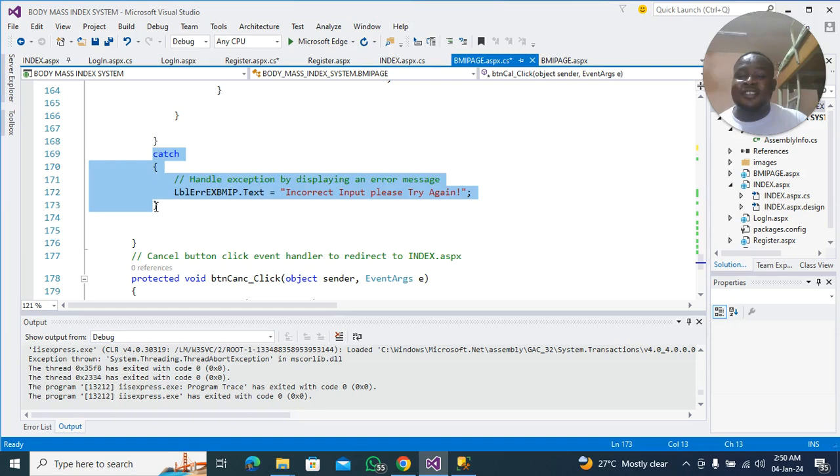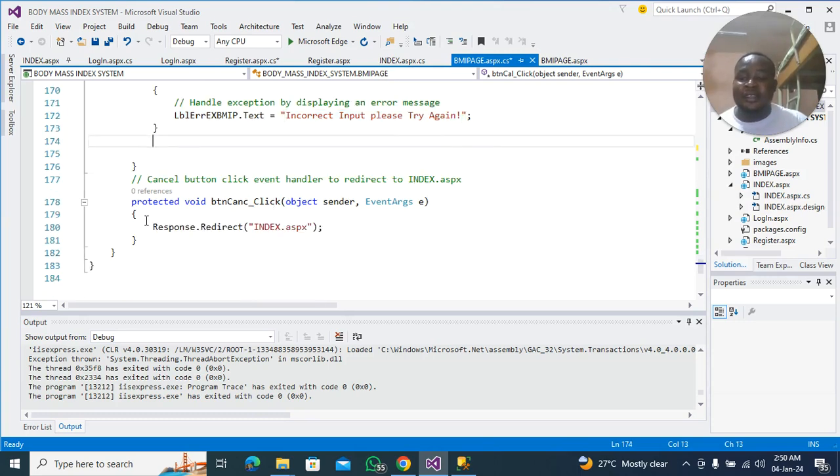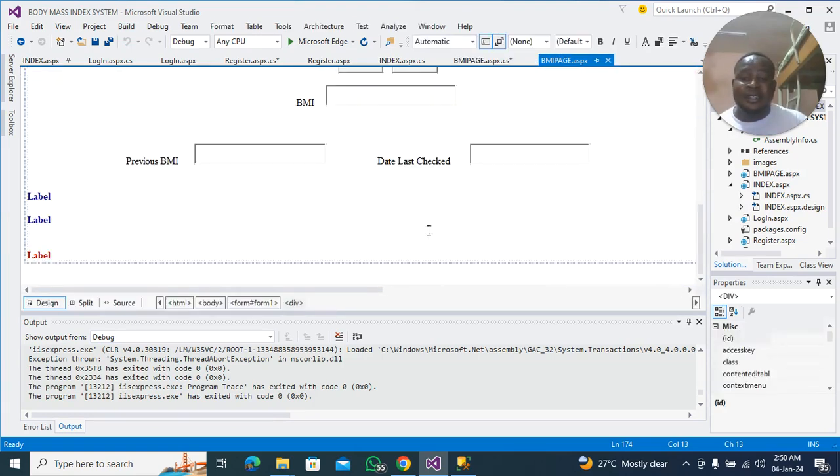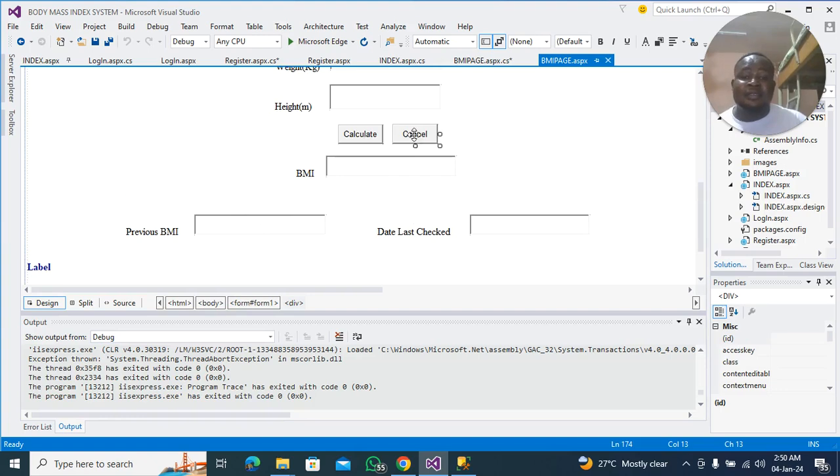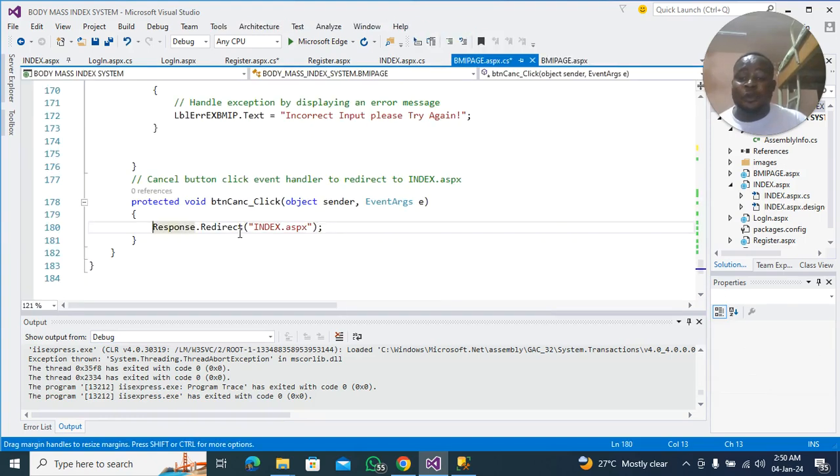And this is the try catch exception handler. So when incorrect inputs are made, it should provide feedback: incorrect input, please try again. And then when the cancel button is clicked, it should redirect the user to the index page,